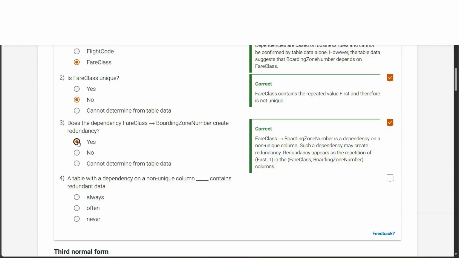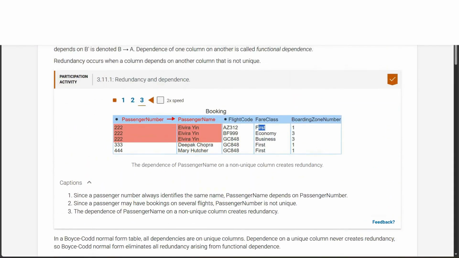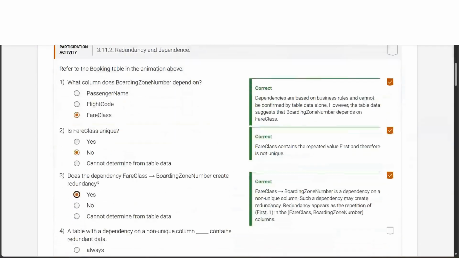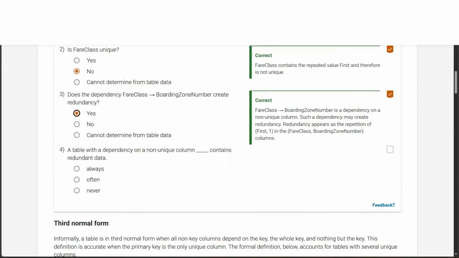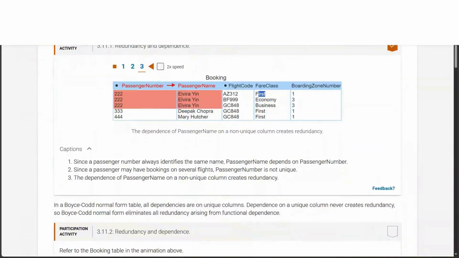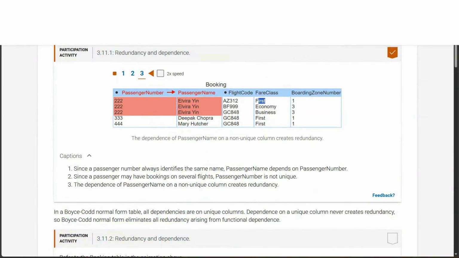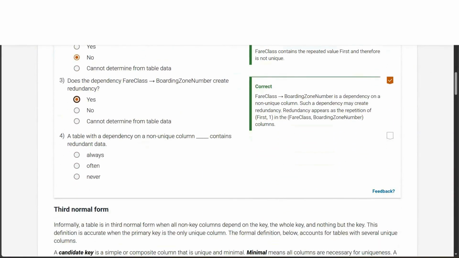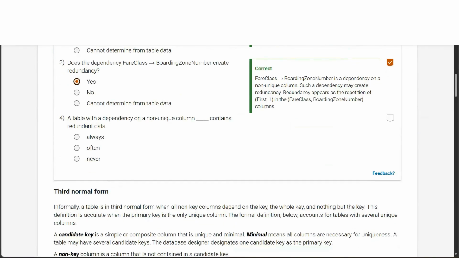Let's see this. There's a repetition in first, that is 1. So if you're looking at first class, fare class, and boarding zone number, you can see a repetition. That tells you that there is redundancy. So a table with a dependency on a non-unique column contains redundant data: always, often, or never? I don't know. Let's try. Always